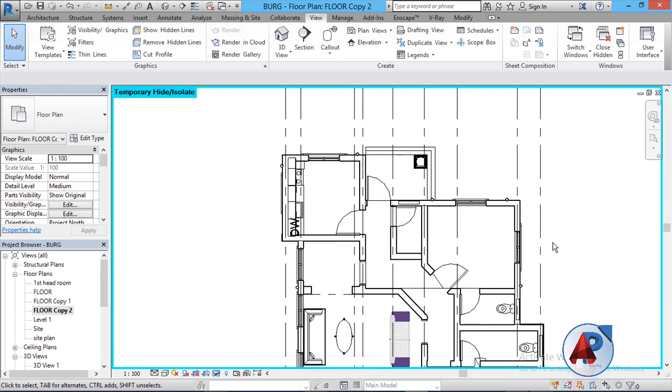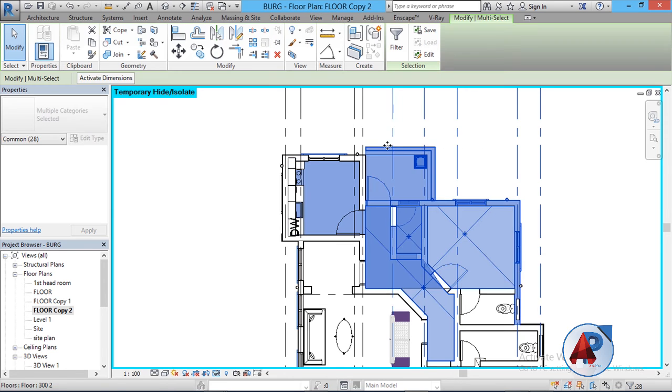The other way, you can make a cross selection from the right side to the other side. As you see, as I'm moving from the right side to the left side, it is making a selection despite that I have not covered the windows in a particular region. As soon as I touch that element, it is going to make the selection. And that is how you can make a selection.